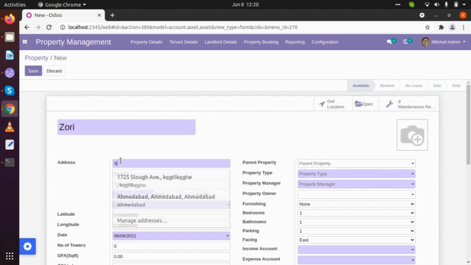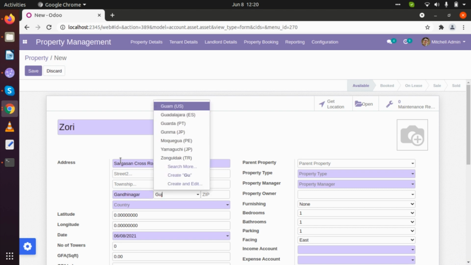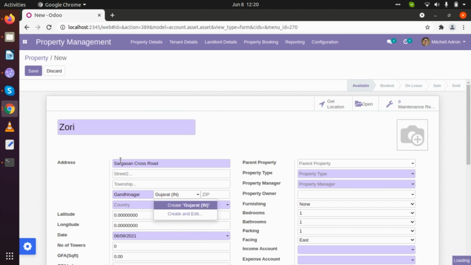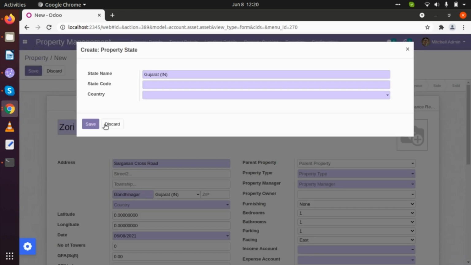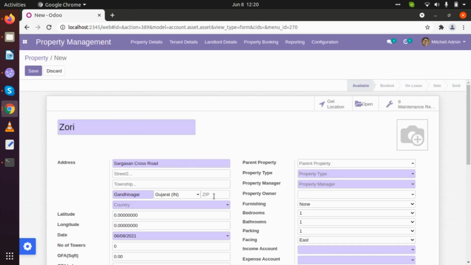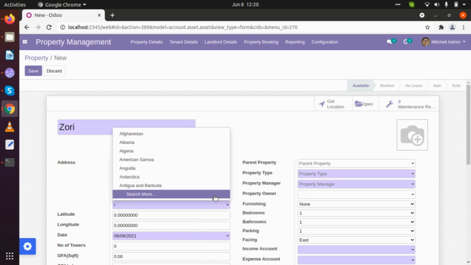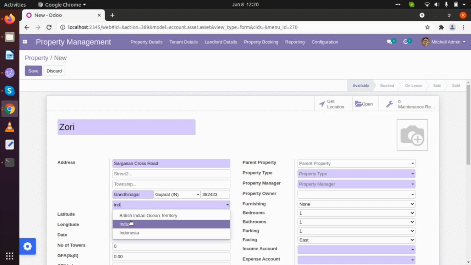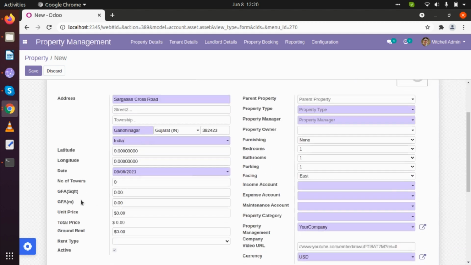Let's say Gandhinagar, Gujarat, and we are selecting some address.